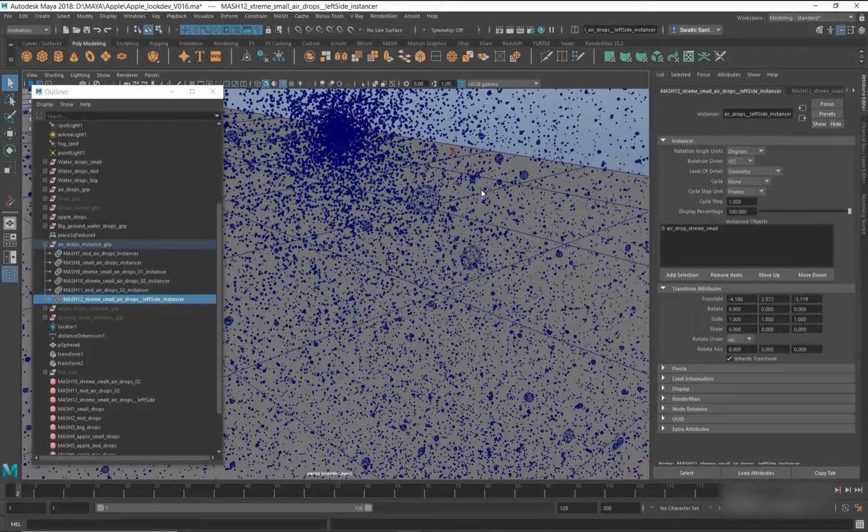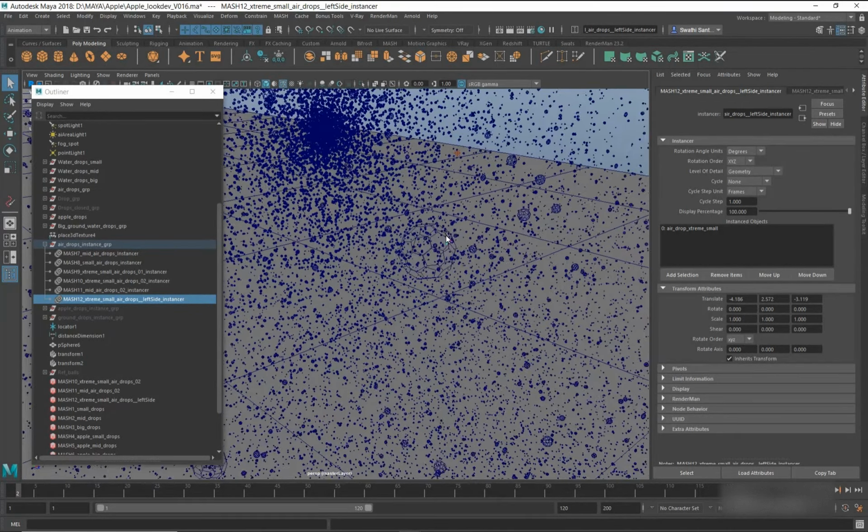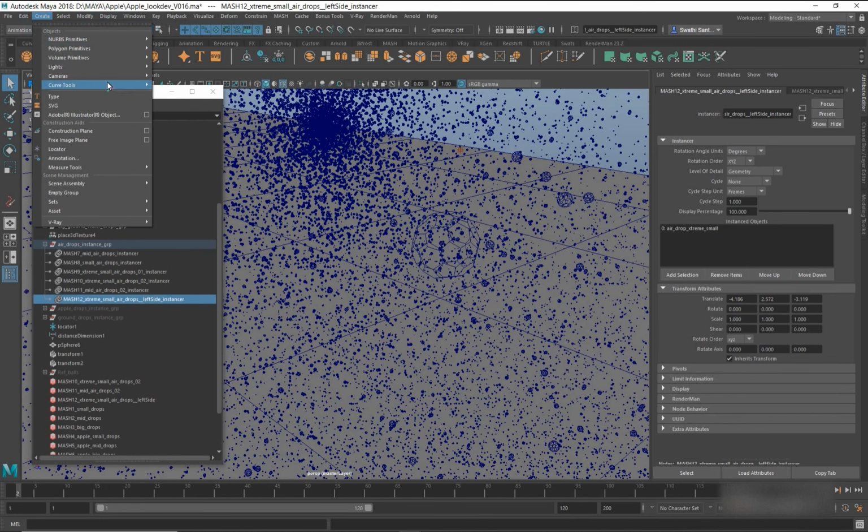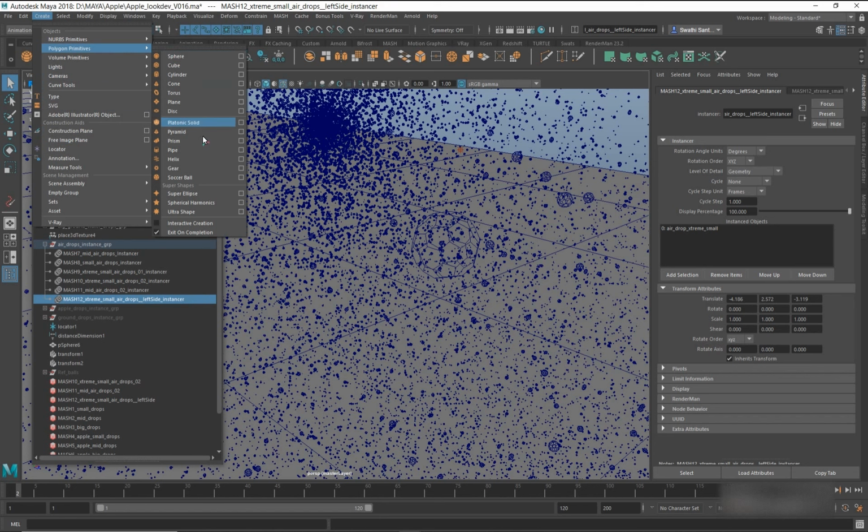And if you see, I've used N-gons, that is polygon primitives, platonic solid, I guess, or soccer ball.